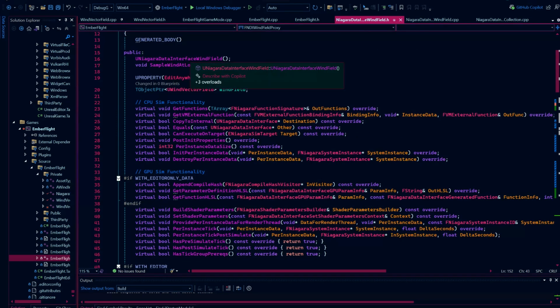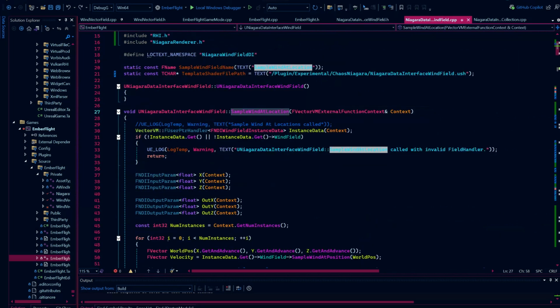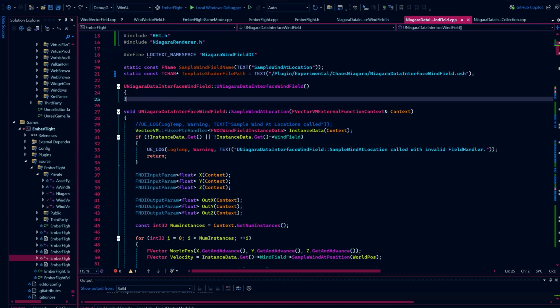First of all, it includes a constructor. It's just an empty constructor. And this is one of the important functions, the sample wind at location function. So I'll go one by one through what it does. The sample wind at location function is